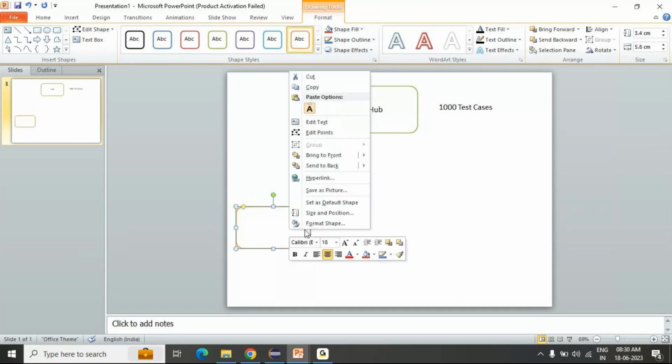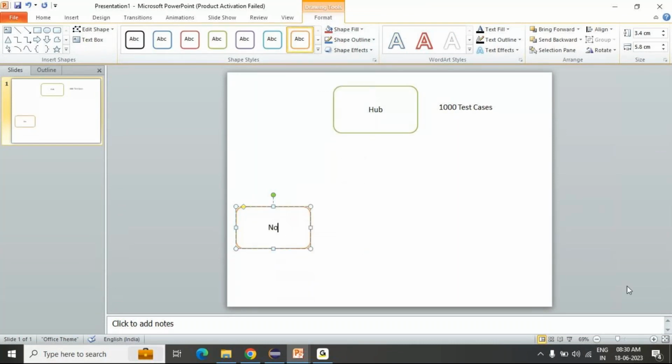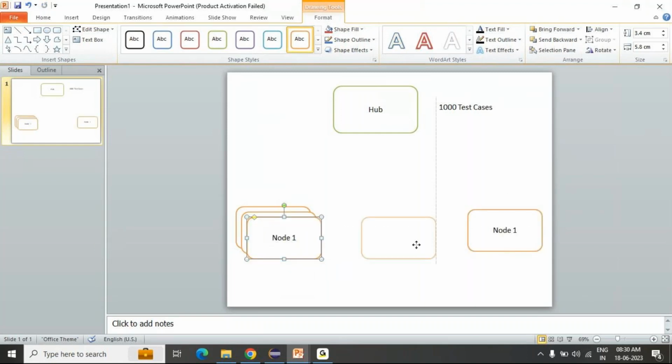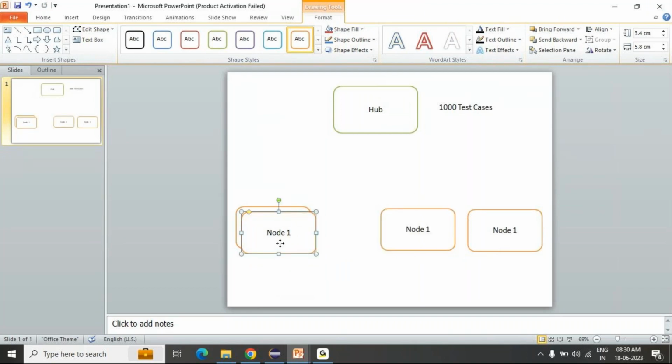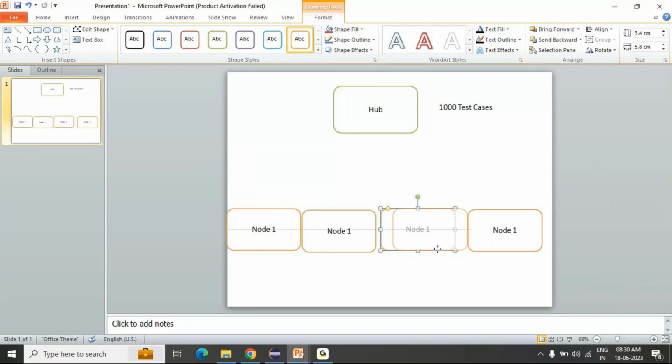Suppose these are my node machines. Node 1. So these are nothing but Windows based machines only, guys. Suppose I have a total of 4 node machines configured.